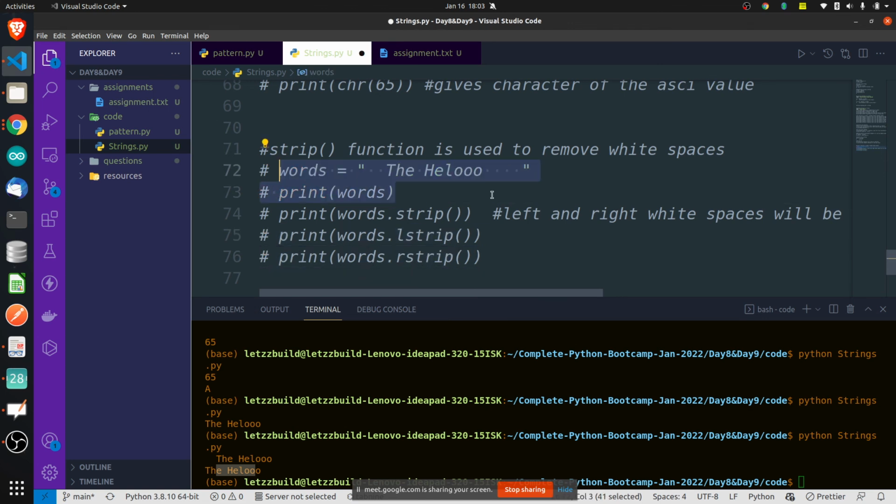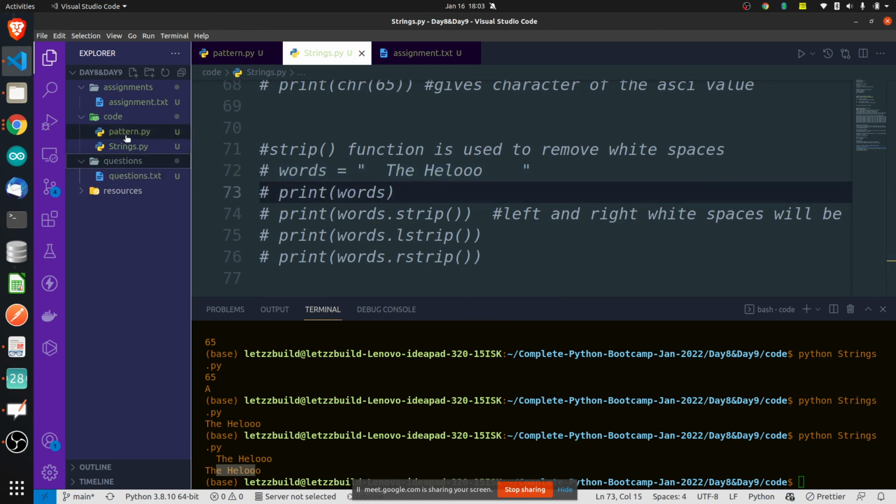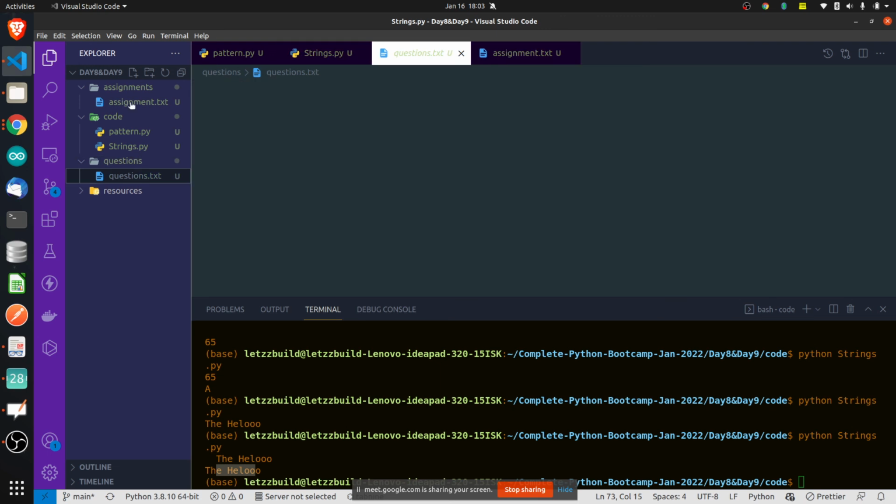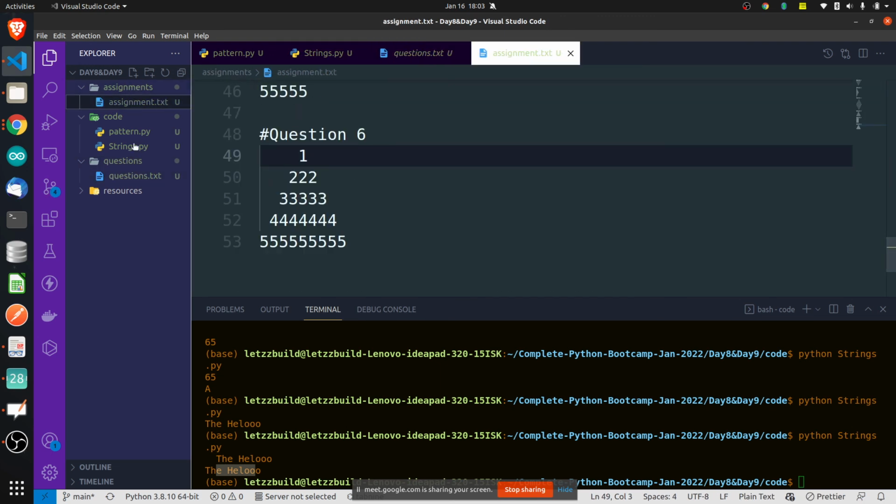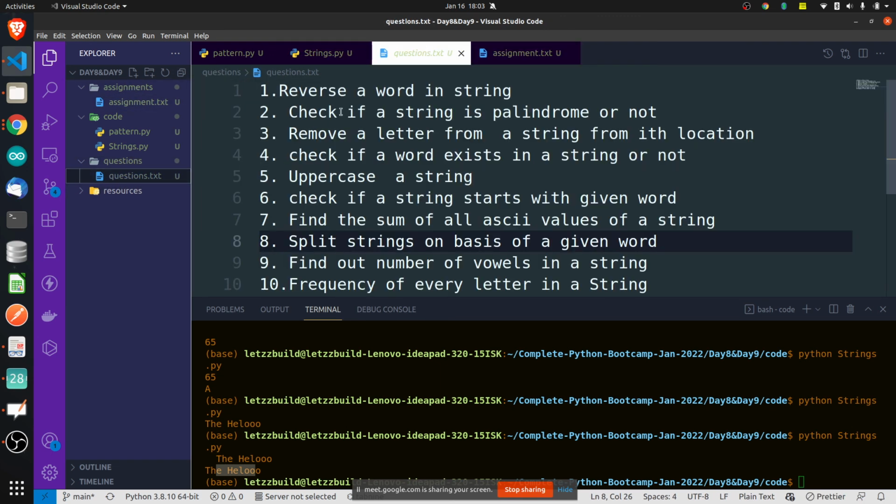Okay, that's it. I have given some assignments on strings, so I hope you will solve those assignment questions. I have given them here. Okay, these are assignment questions. Check whether a string is a palindrome or not. You can directly use the reverse function on the string. It will reverse the string directly. The string name dot reverse you do, it will reverse the whole string.